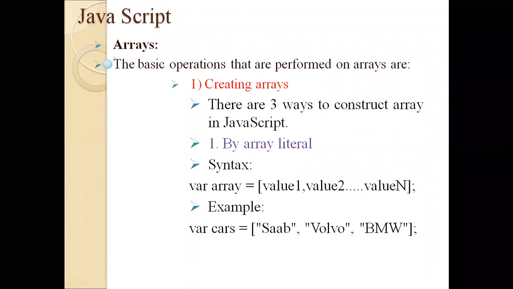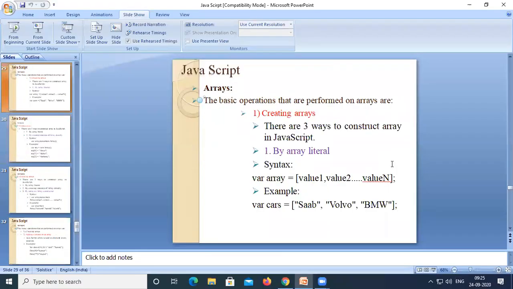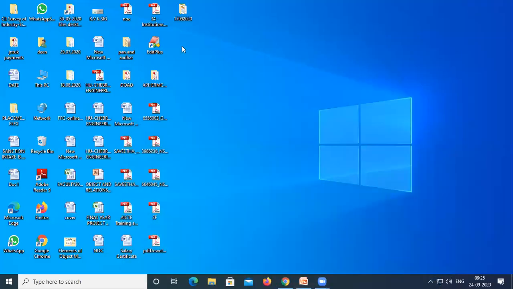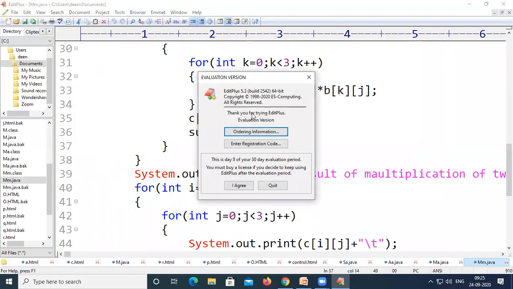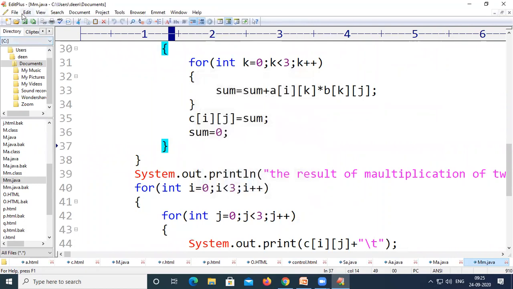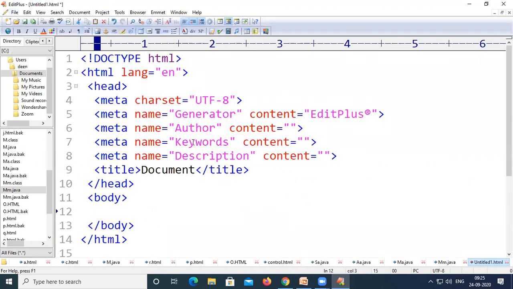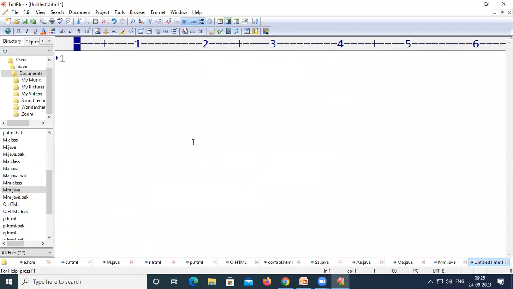Before going to the next point, let us do the same thing inside the programming window so that it will be very easy to grasp. Let us create three arrays in a program, and among the three arrays, let us use these three methods to create them.